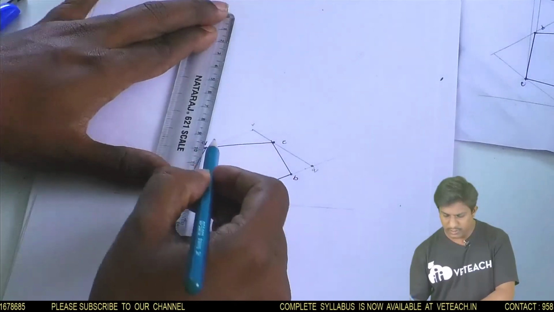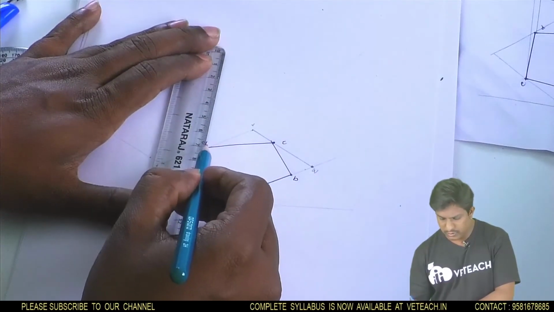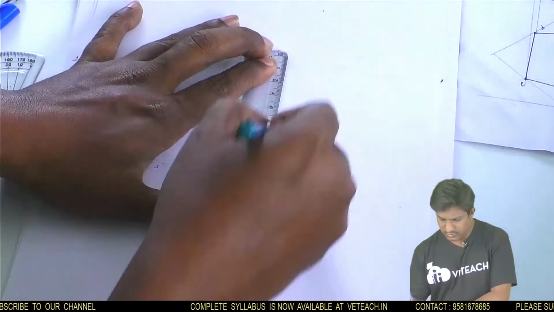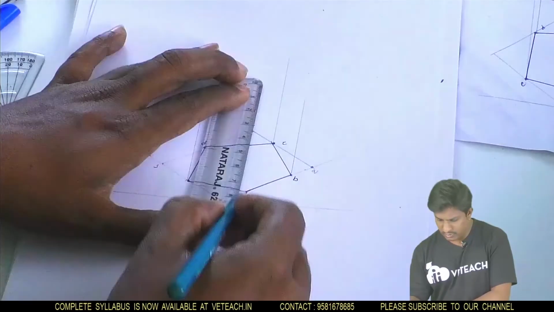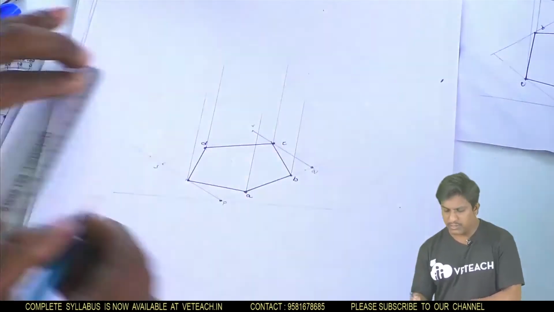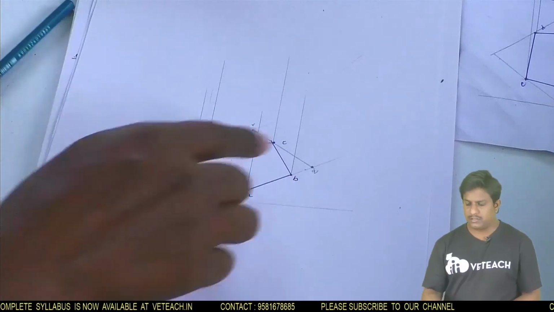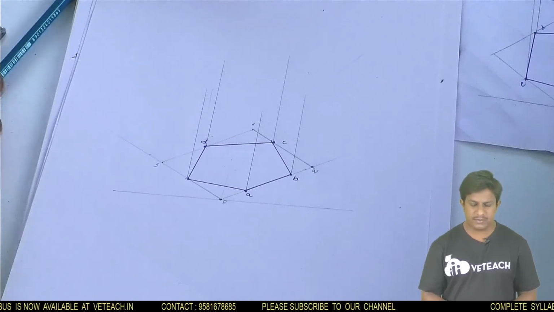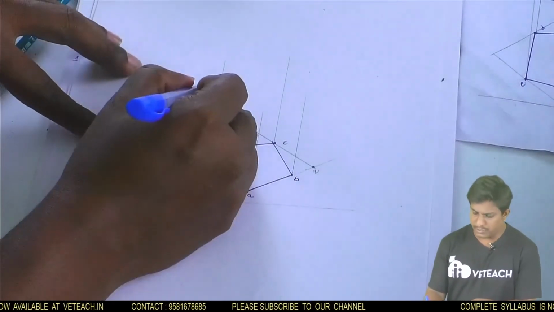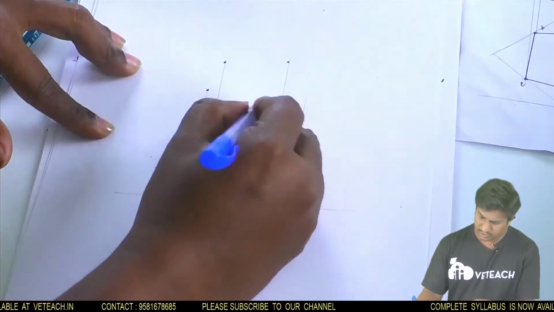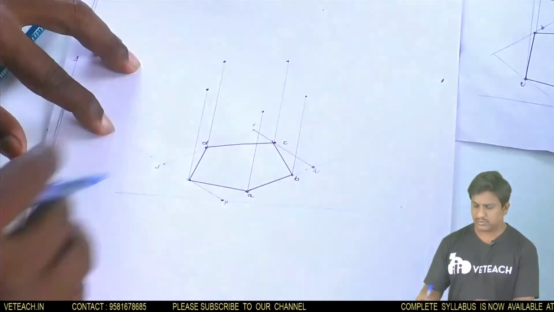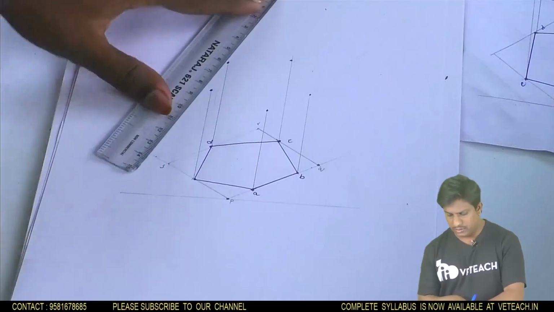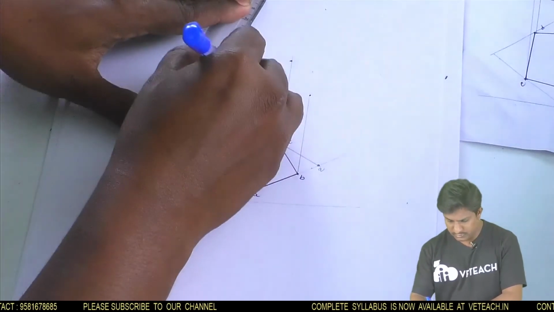I have drawn roughly, but you follow the procedure, that is 65, 65, 65. This is the axis length. You have to draw 65 from each and every point. See, I have taken the pentagon roughly, but you take the exact measurements, you will get the exact pentagon shape. These are the end points I got here. I got the pentagon with a little bit of error here, but you take the exact position.